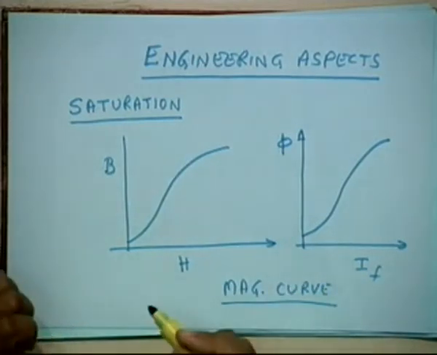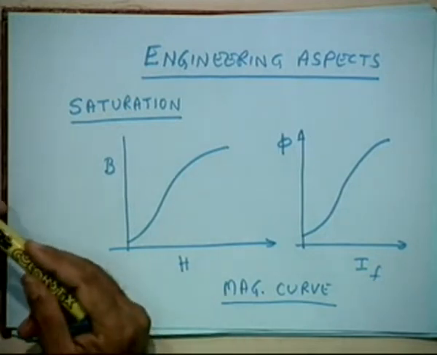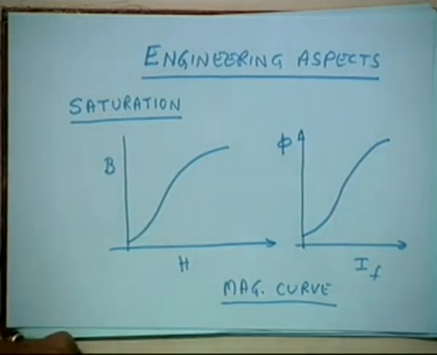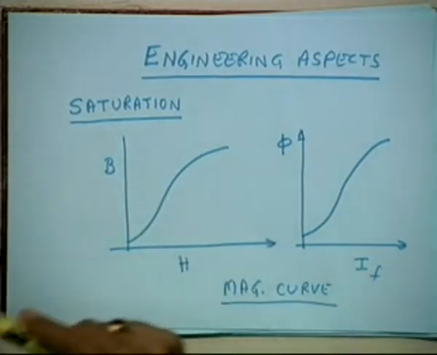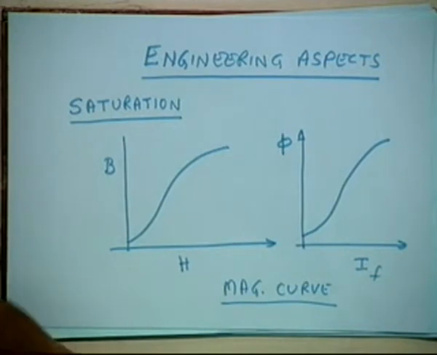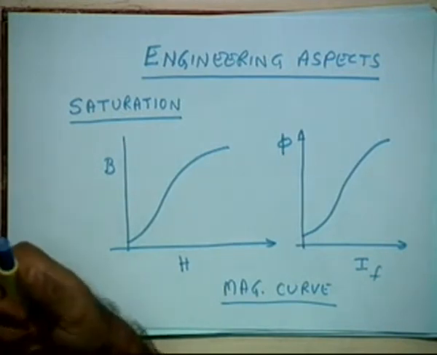So, in all machines this becomes important. Okay. And you find saturation in air or iron? In iron. So, this is in a magnetic circuit with predominantly iron, then saturation will be present. Okay. But a magnetic circuit will have both iron and air. Therefore, in a DC machine there will be a saturation of the flux magnetic path consisting of the stator iron, rotor iron and air gap.